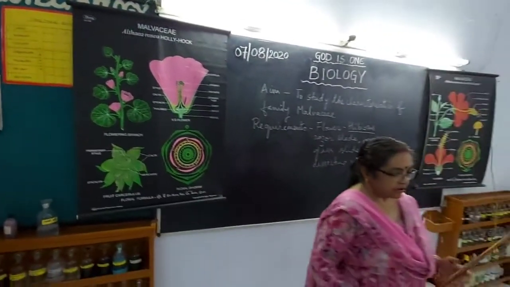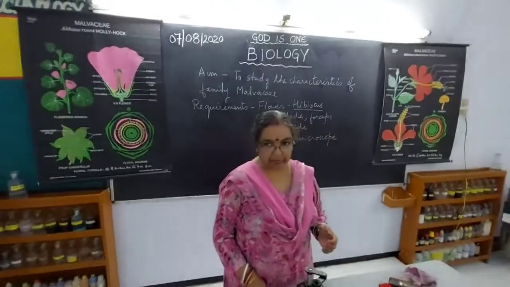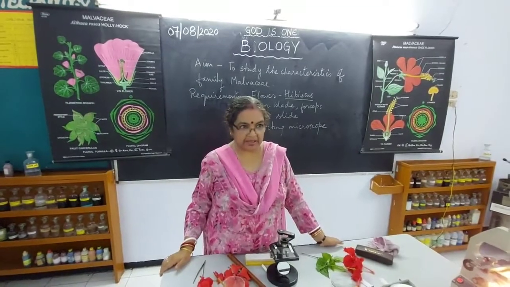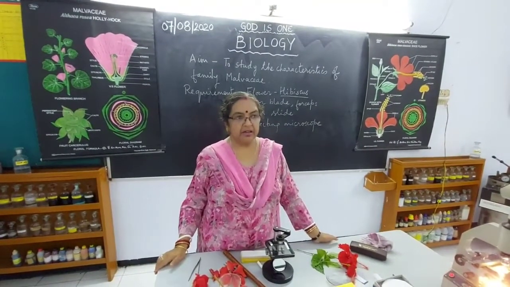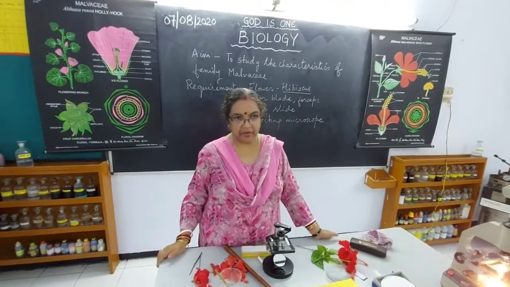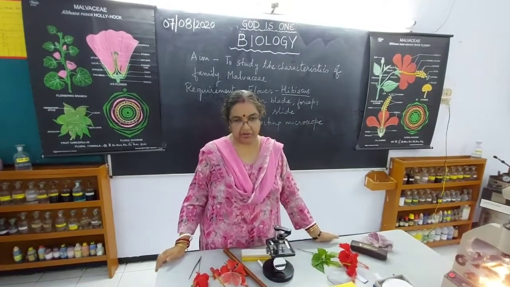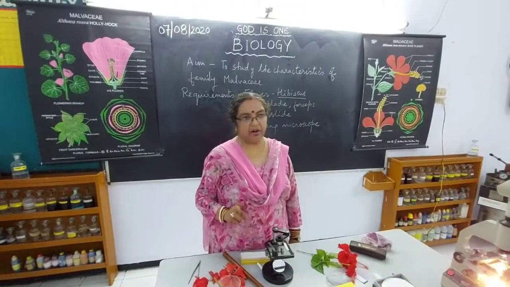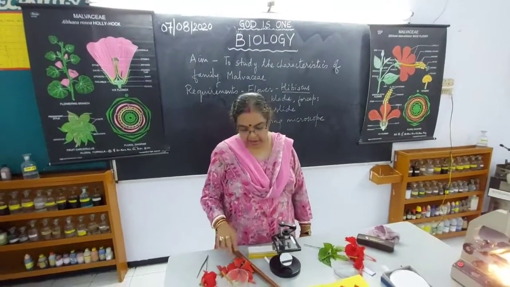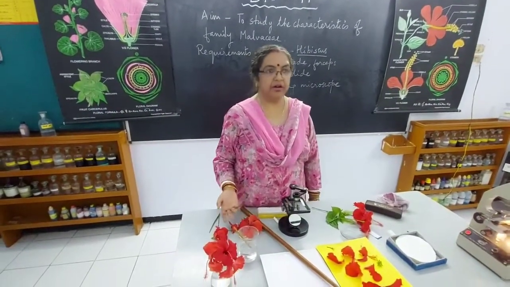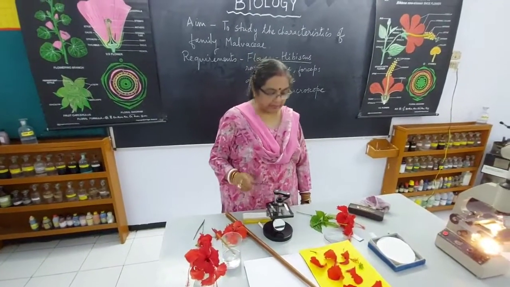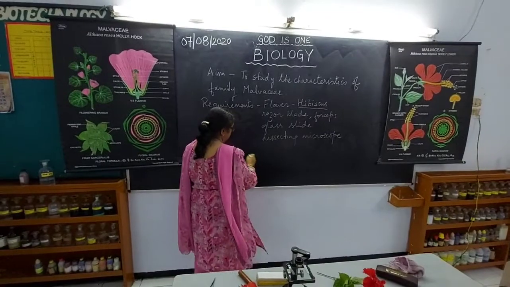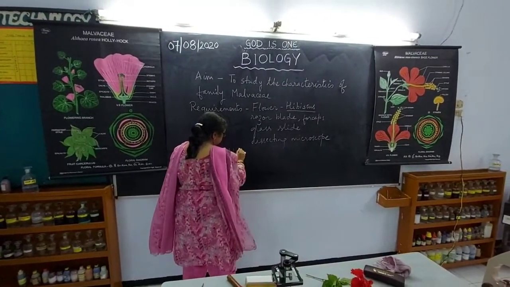Then in the economic importance there is also the Indian hemp plant, cannabis. So that is also another, linen is obtained from that, Cannabis sativa it is called. So at least you have to write 2 important plants of economic importance, and of course hibiscus is also an ornamental plant. So you have to write the correct spelling, children, that is the name of the plant, you have to write hibiscus